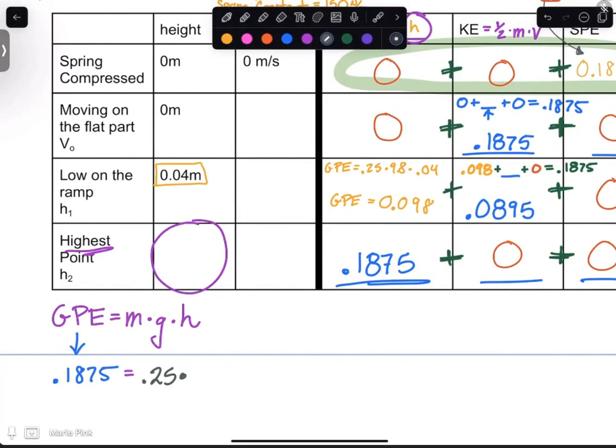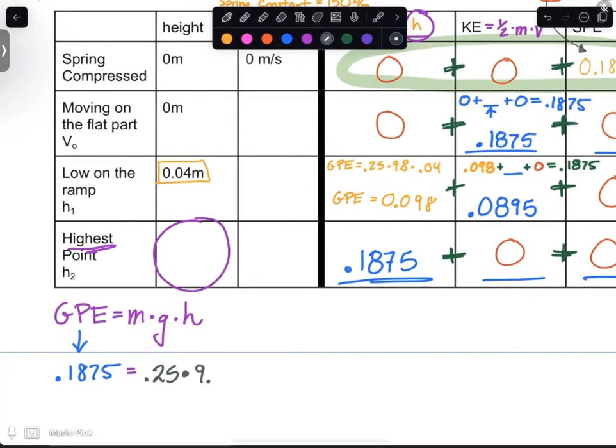My mass is 0.25, g is 9.8, and the height is what we're solving for, so we're just going to leave the height as h. Now my recommendation here is to take these two numbers, multiply them together first before dividing it to the other side. Students are much less likely to make calculator mistakes if you do that multiplication first. And so you get